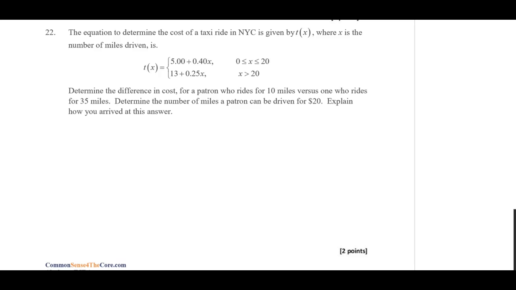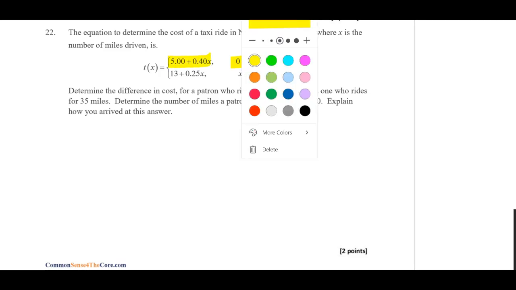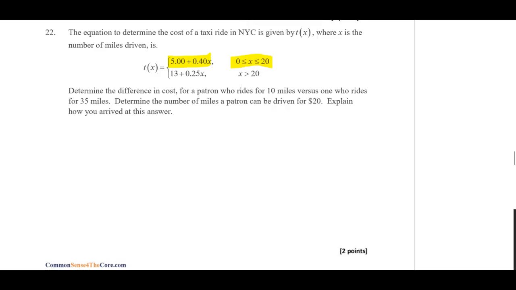So if the taxi drives between 0 and 20 miles, the function that they're going to use to determine the cost is 5 plus 0.40x. And if the taxi drives for more than 20 miles, the formula that they're going to use is 13 plus 0.25x. So they're asking us to determine the cost for a patron who rides 10 miles versus one who